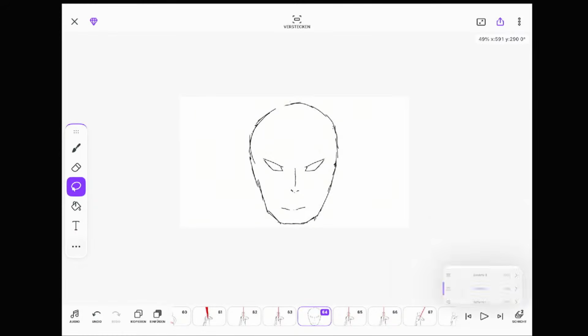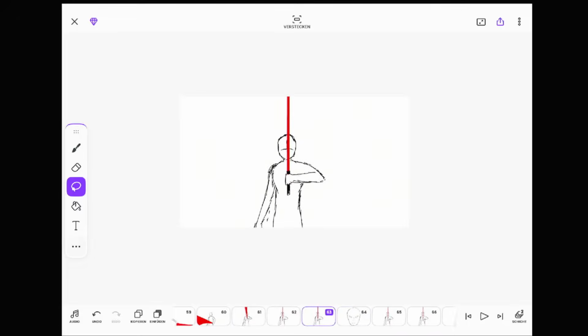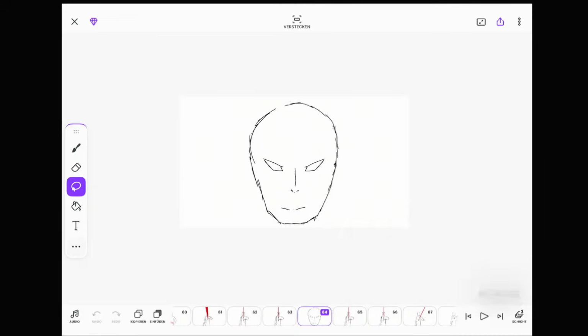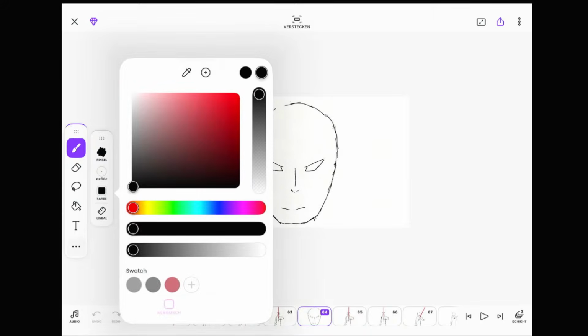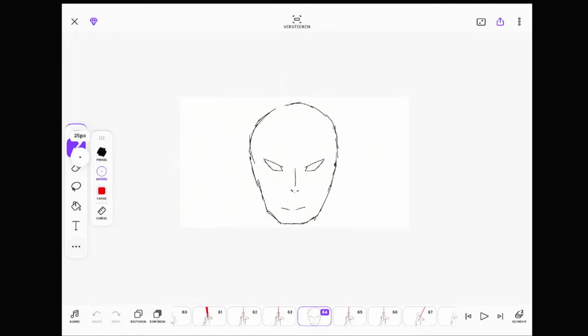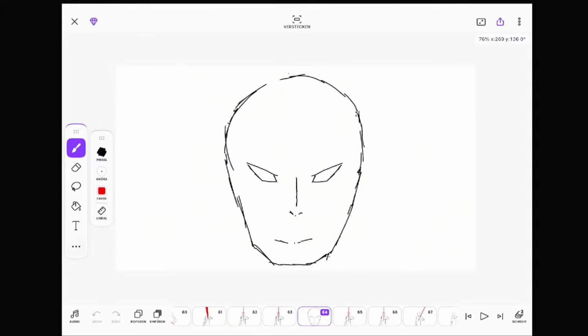Okay. So now I'm going to make the lightsaber. Lightsaber moving in front of his head.